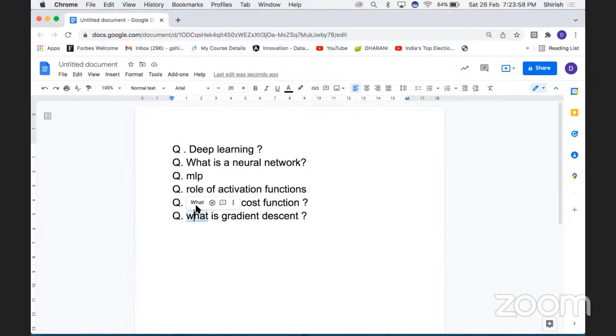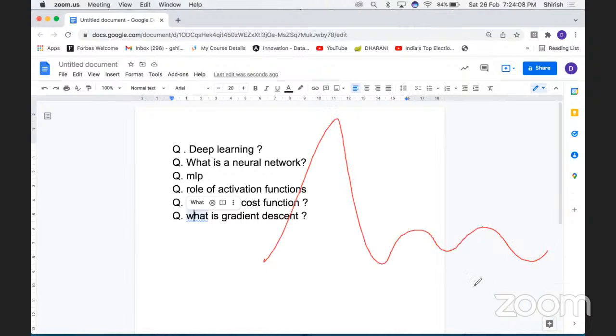You are playing a game where the players are at the top of the mountain and they are asked to reach the lowest point here. If they are blindfolded, they have to reach the lowest point of the mountain. What is the approach you think that person would make to reach this point? What is the path he follows? Which path he follows to reach this bottom?